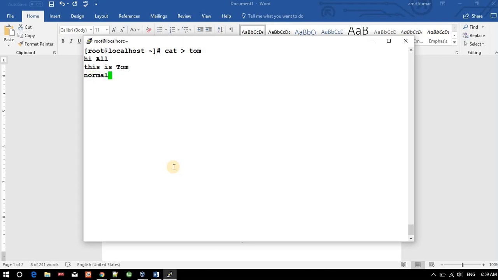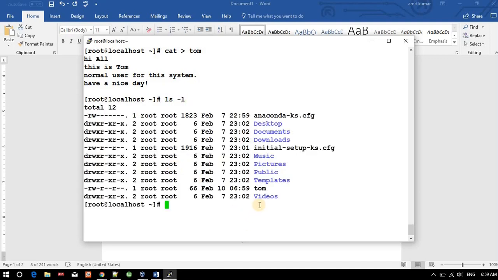Normal users for this system. If we want to save this, press Ctrl D, end of the line. Okay, if we do ls -l, we will be able to see the new file created over here, Tom, which size is